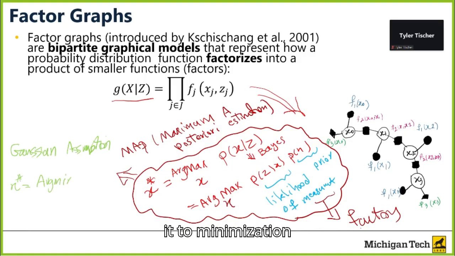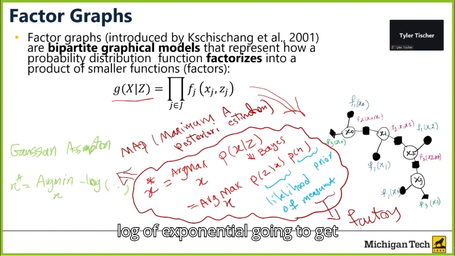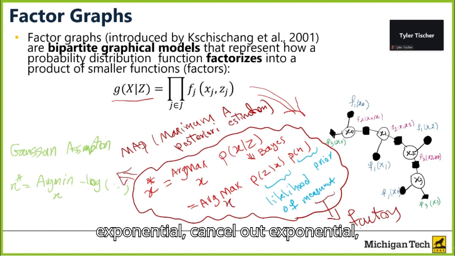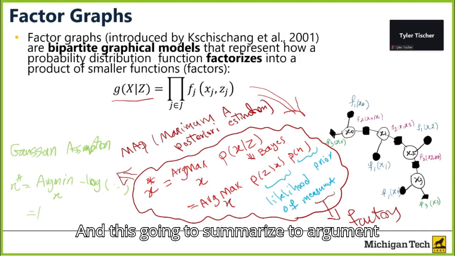We change it to minimization and get minus log of all of this. And minus log, if they are Gaussian, because Gaussian is exponential, the log of the exponential is going to cancel out the exponential, and just the exponent is going to stay. And this is going to summarize to argmin